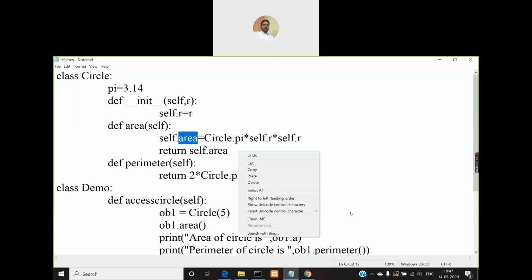Instead of making a call to that variable directly outside the class, when you want to access it, you can access its value by making a call to that method only. You can call that method, and if that method returns a value, then there is no problem.